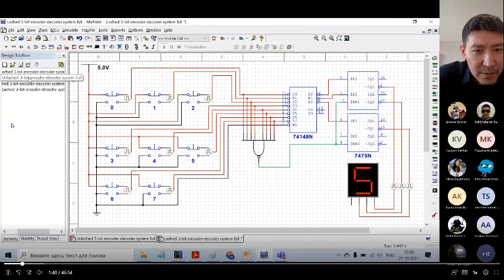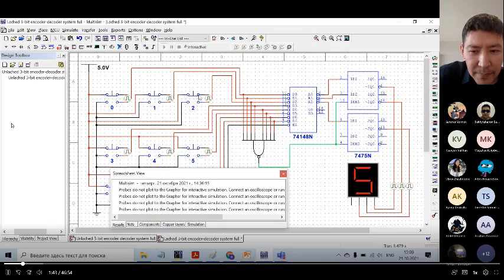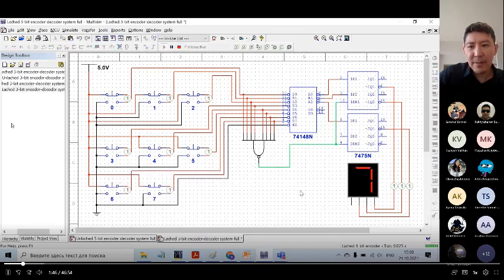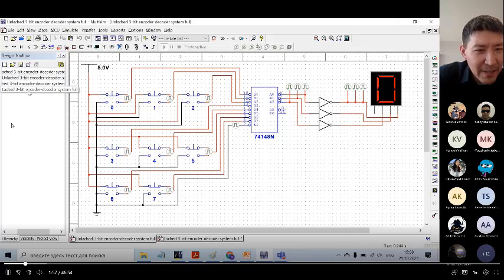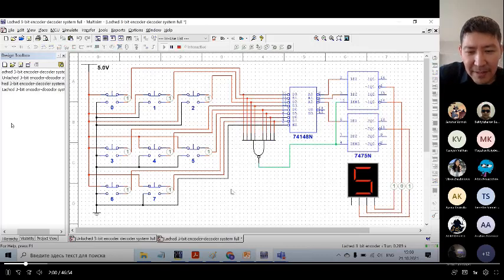First let me stop this one and run this one. When I start this program, it shows 0. So for example, I press 5 and I release, and you can see 5 is still on the display. I can, for example, press 1 and release, and you can see that it still shows 1. So these 2 latches perform a kind of temporary memory that holds the information from the encoder and